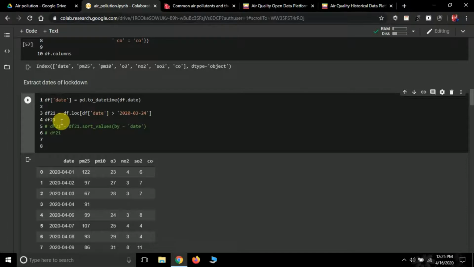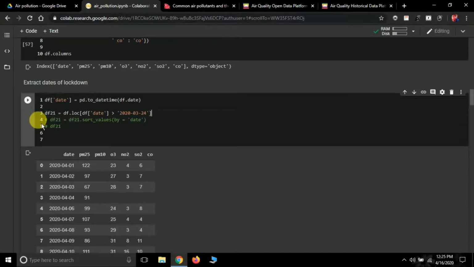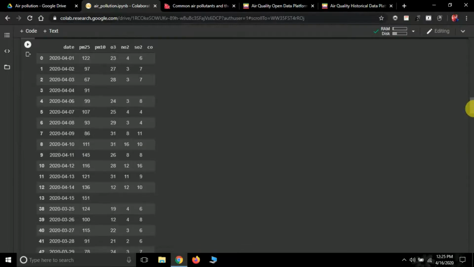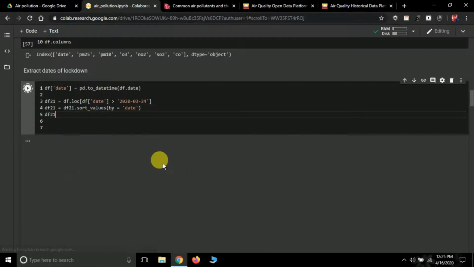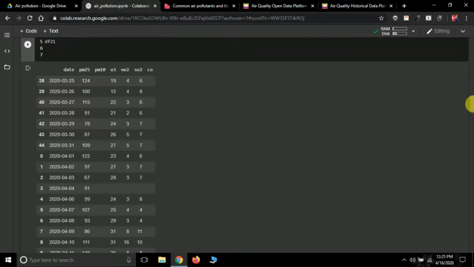We have to do one thing here. See here, currently the data is in this format. First the 15 days of April, and then the 7 days of March. We have to sort it out some way. So let's see how we can sort it out. It's again very easy: df21 equals df21.sort_values. df21 is the name of our current data frame. Okay, we have to sort the values by date. So it will sort this data frame by dates. So let's try printing df21 now, and the data frame will get sorted according to the date.